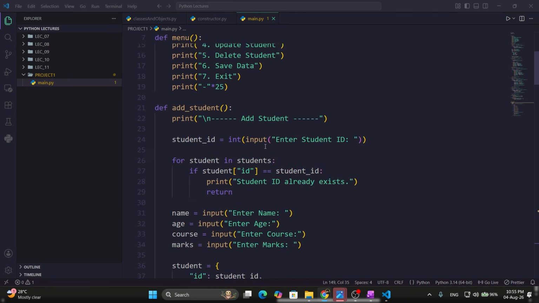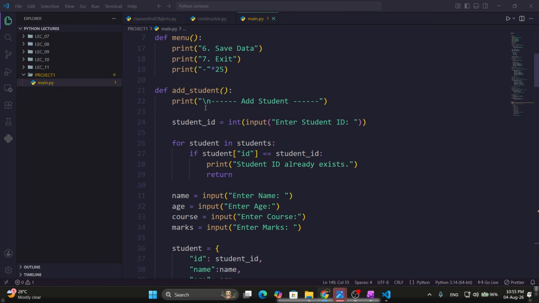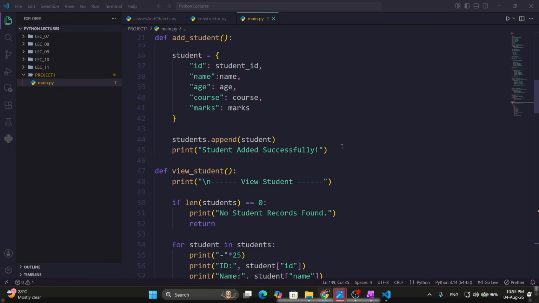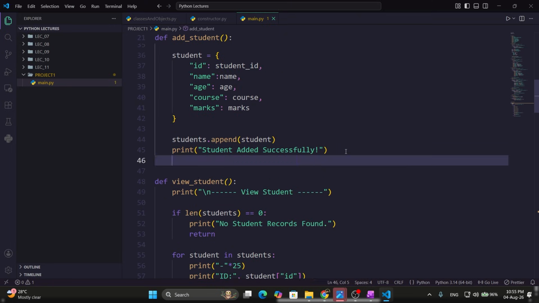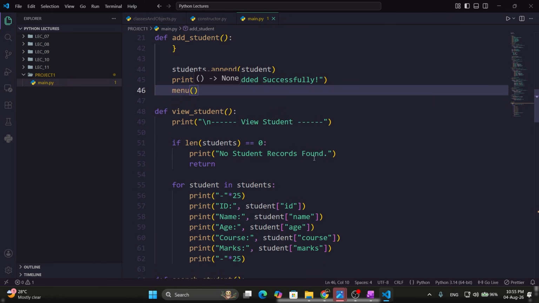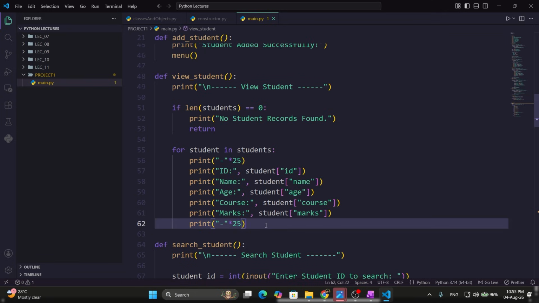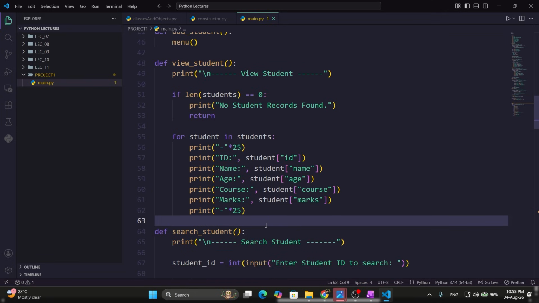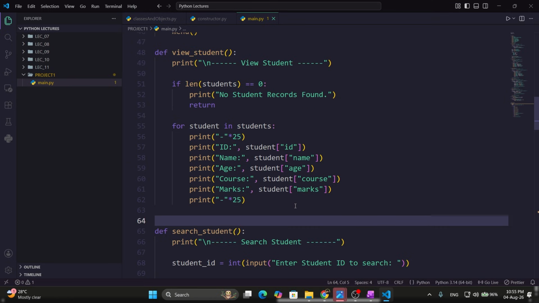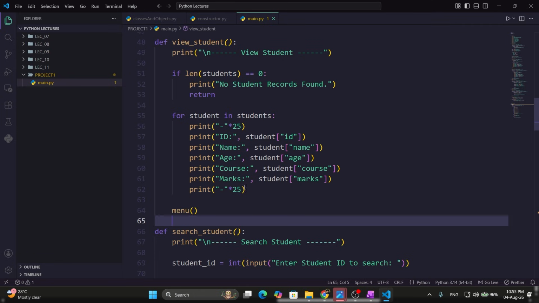I can do is in every function, let's say after adding, student added successfully, we can call the menu function again so that the menu should come again. After viewing also we can simply write menu. You can simply call that. Okay, and